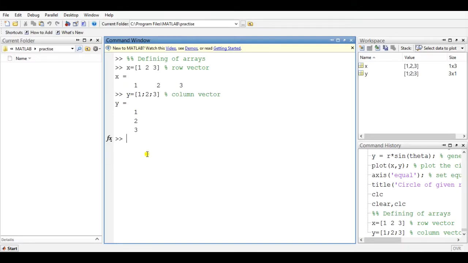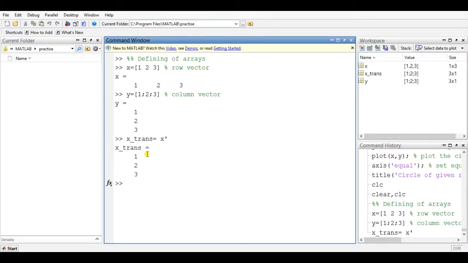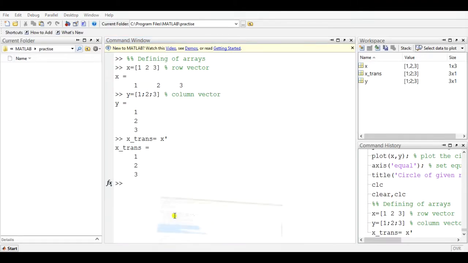So now next is transpose. If we want x transpose, just a simple x dash we will use over here. Then we will get x transpose. Over here you can see that it has changed its size. Instead of 1 into 3 it is 3 into 1. So the row has been converted into a column. So now next is